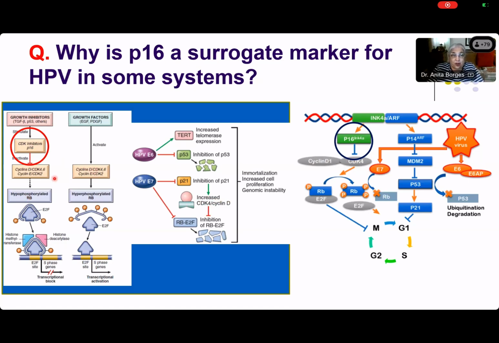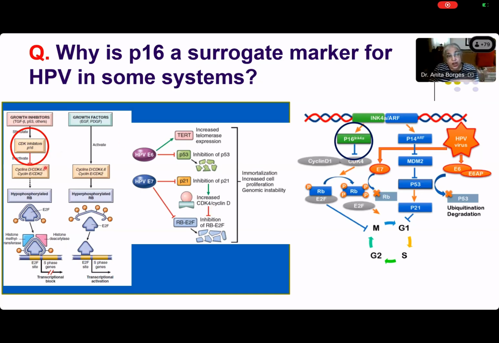And if that is not happening, you will get a buildup of P16, because the cell is producing a lot of P16 to try and stop this increased CDK4 and cyclin D from promoting the cell into the S phase. So because the feedback mechanism is cut out, you will have a huge amount of P16 building up